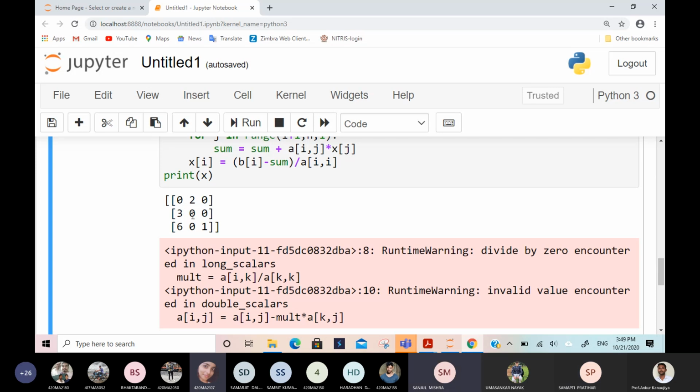What I'm saying is, if my Aii entry is 0, then in that column, I'll say take the least j such that in that column the entry is non-zero. The row corresponding to the first non-zero entry in this column can be taken.